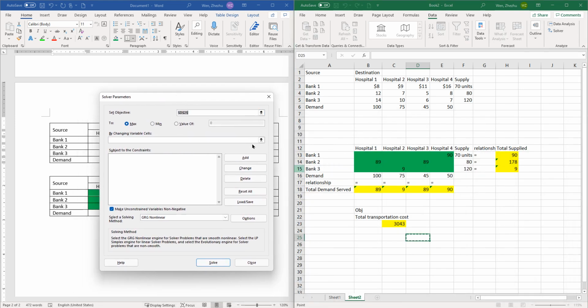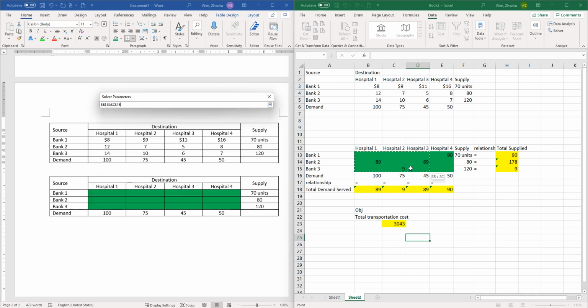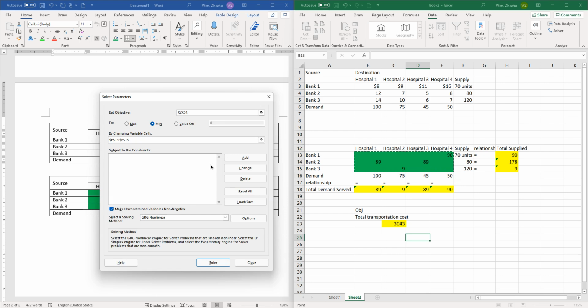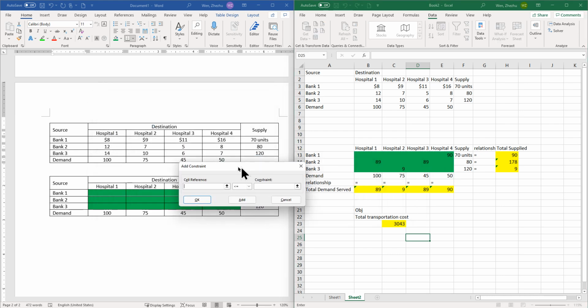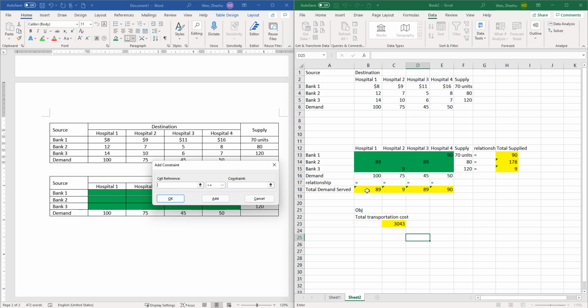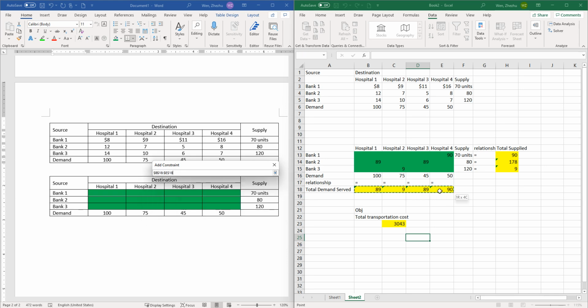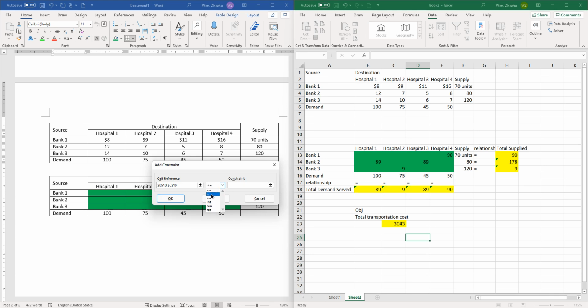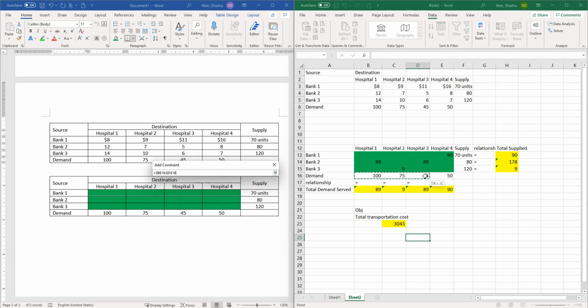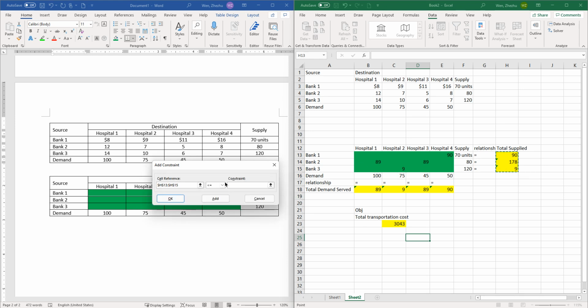So objective is total transportation cost. We're minimizing it, and those are our decision variables, and our constraint is very simple. All the demands served should be equal to the demand you're expecting to serve. All the quantities supplied should be equal to